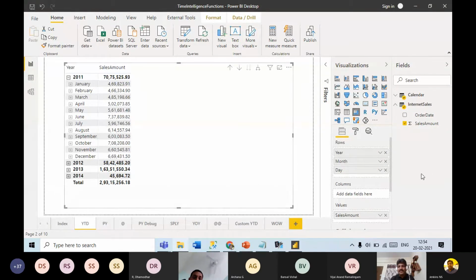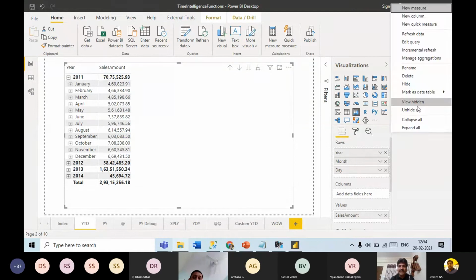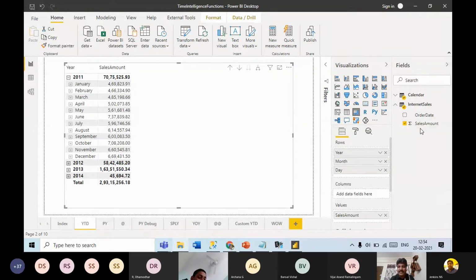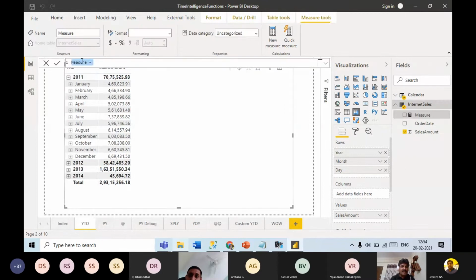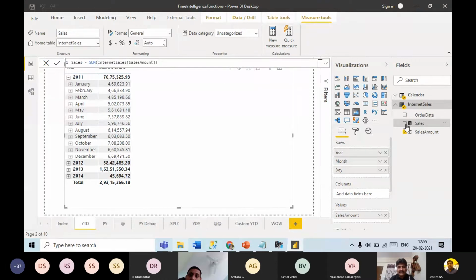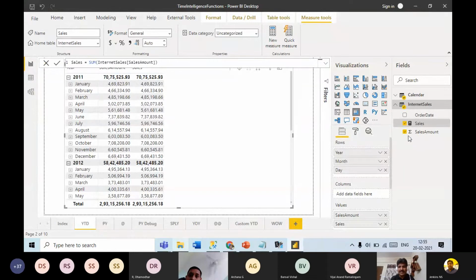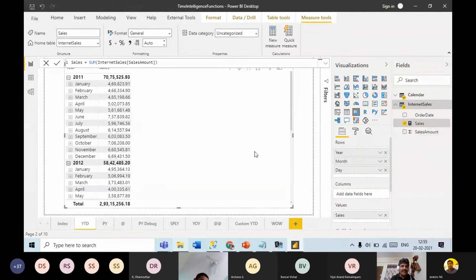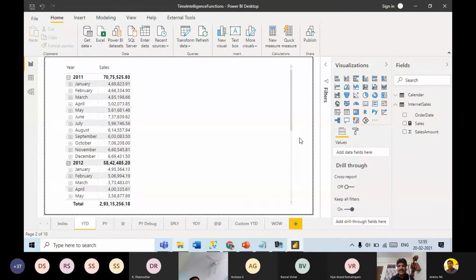How to do that? So here, this is the sales amount. In most of my calculations with time intelligence functions, I'll be doing the sum of this column. So let me create a measure for this. I'll create one sales measure that will be just the sum of sales amount. It is the same as sales amount, but in multiple time intelligence functions I would need to write the sum of sales amount. Just to avoid that, I have created this. So in my report, I'm using that column only now.